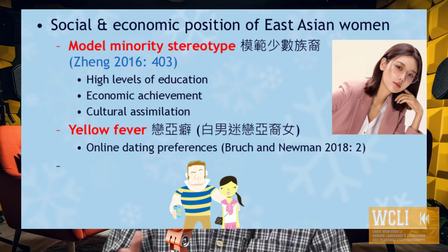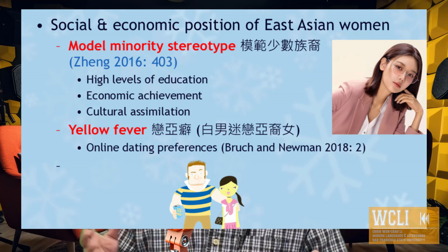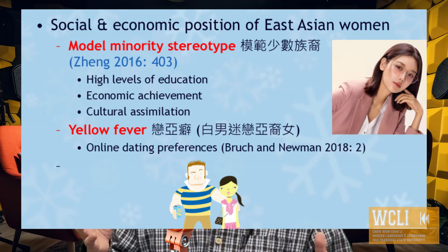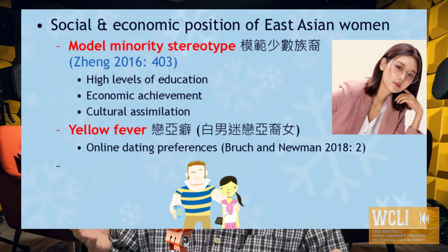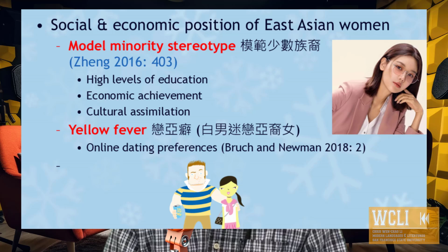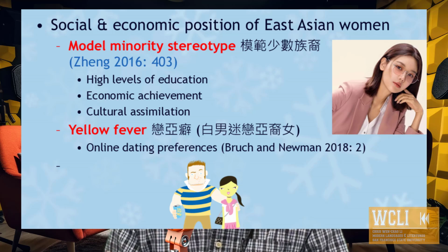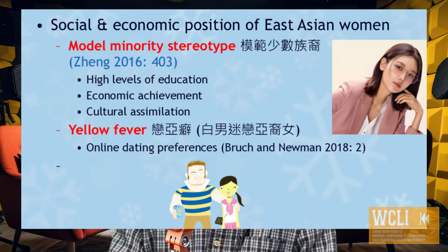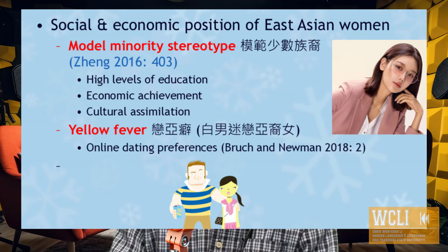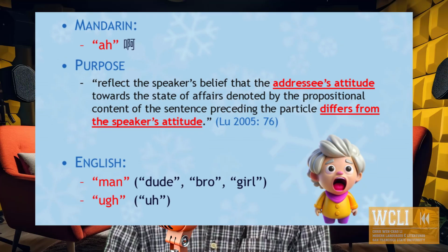There is also the consideration of yellow fever, where on many online dating sites, different races have always shown a preference for East Asian women. So East Asian women are viewed as desirable in more ways than one, and for this reason, they are viewed as worthy of emulating. So in this video, we have looked at the functions of the sentence final particle "a"